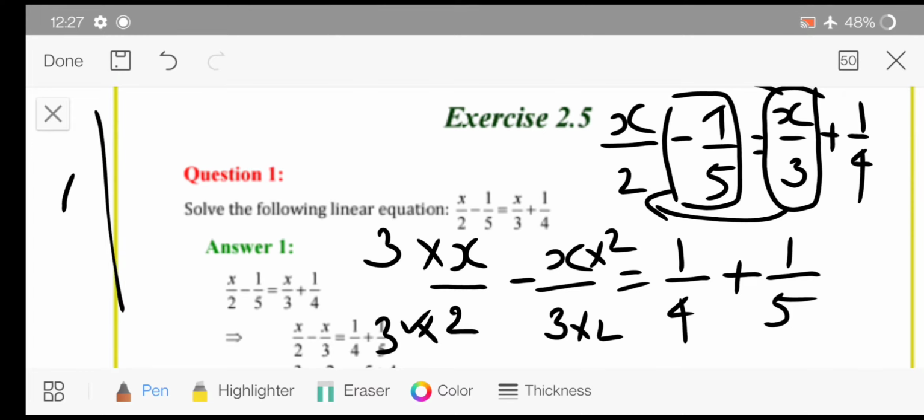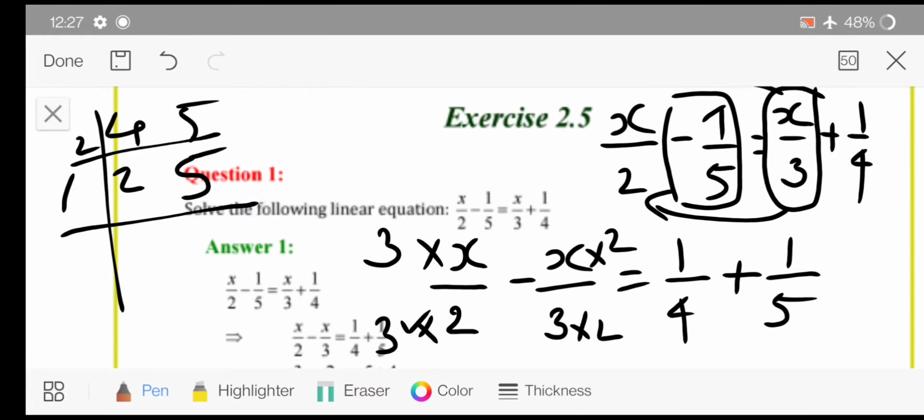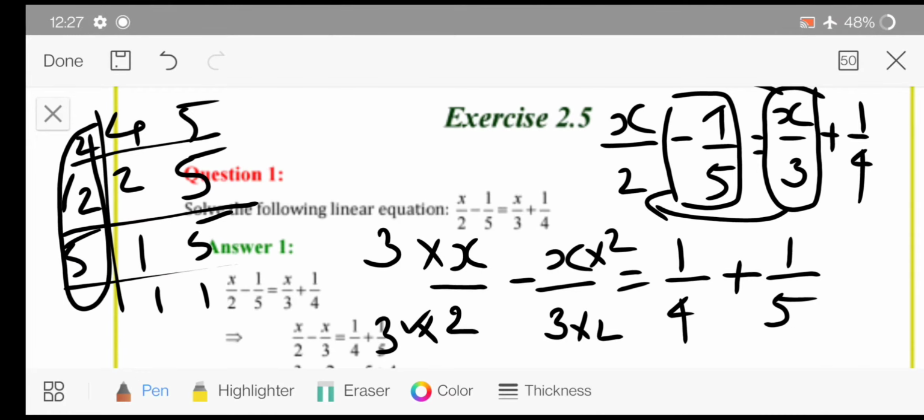So 4 and 5. So again we will take 2 2s are 4 and 5 is not in the table of 2, so you will keep it as it is. 2 1s are 2, 5 as it is and 5 1s are 5. So what is your LCM? 2 2s are 4 and 4 5s are 20 is your LCM. मतलब यहाँ आपके डिनोमिनेटर 20 होना चाहिए. So you will multiply by 5 to make it 20. Here also you will multiply by 5 and here you will multiply by 4 to make it 20.